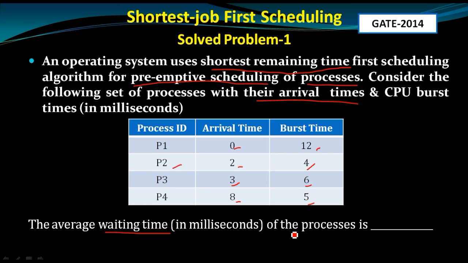This question was asked in the 2014 GATE examination. They will give you the table with arrival times. First of all, understand that based on that arrival time, you need to prepare the Gantt chart. If you make a mistake while preparing the Gantt chart, your waiting time will be wrong and the average waiting time calculated will become wrong. So you must prepare a proper Gantt chart to get the answer. So 5.5 is the answer.